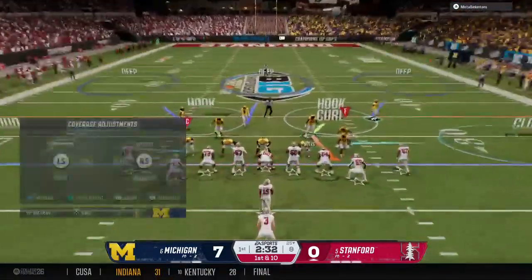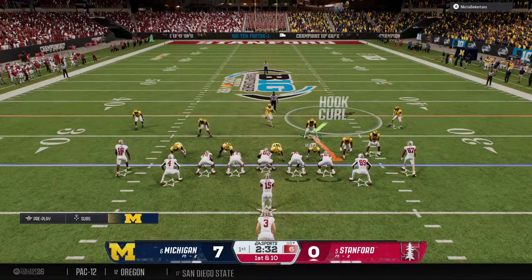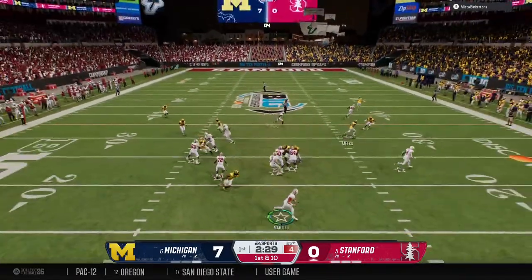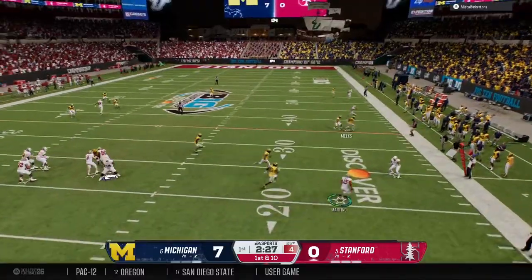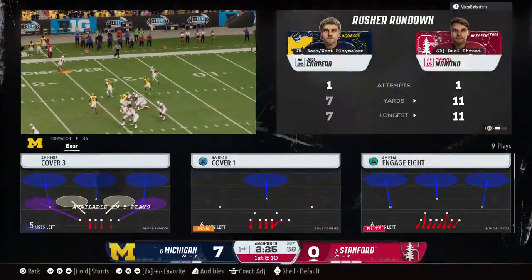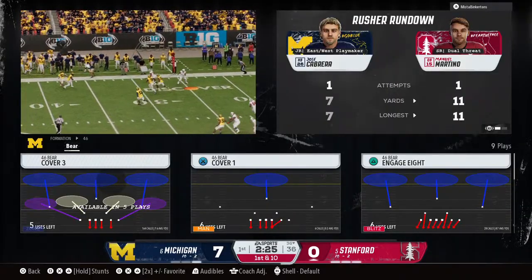Stanford offense back out there on the field now. They had some good things going in the last drive, but it ended suddenly with the pick. Let's see what they can do here. Looking to scramble. Escapes the pocket. Scoots out of bounds after a nice pickup on that running play.